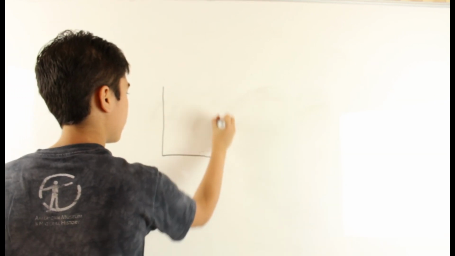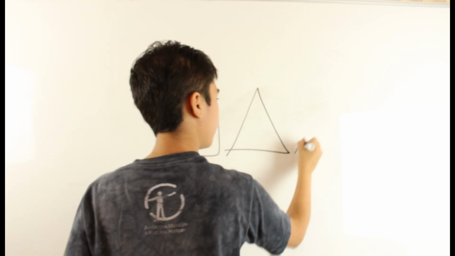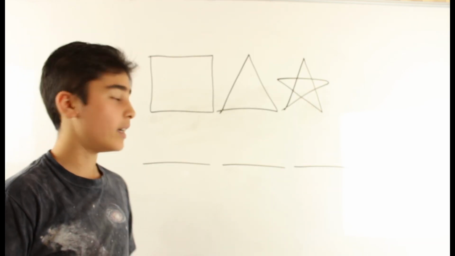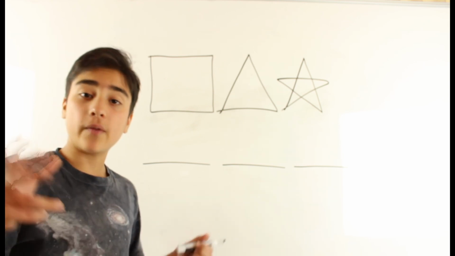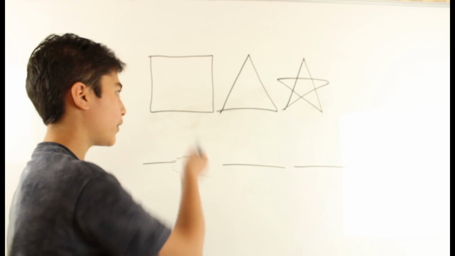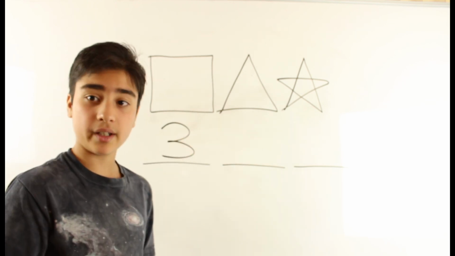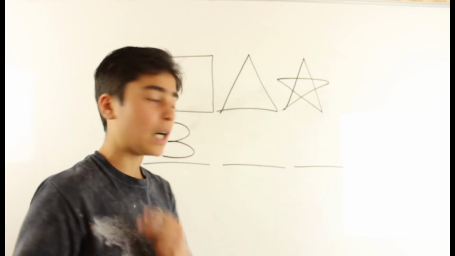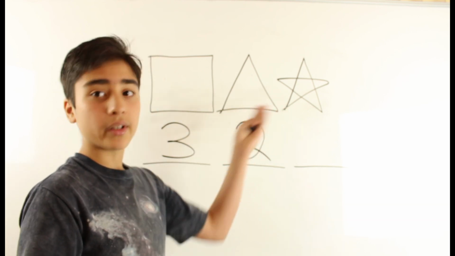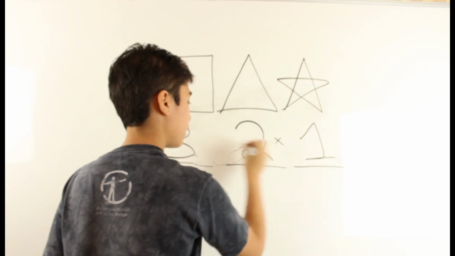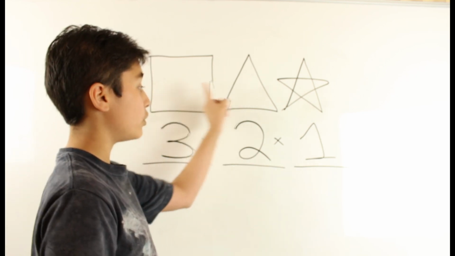Factorials are used in statistics to measure how many different ways you can arrange a certain set of things. Let's say we have 3 shapes: a square, a triangle, and a star. How many ways can you arrange these? Let's say that we have 3 slots over here, and these shapes can be put each into one of these slots to create one of those orders. How many shapes could you put in the first slot? Well, we have 3 options. Let's say that we took the square to put in this slot. Well, we used up one of the shapes, so for the second slot, we have 2 options. Now, let's say for this slot, we use the star. Now we have only 1 option, the triangle, for the last slot. Now, if we multiply these together,